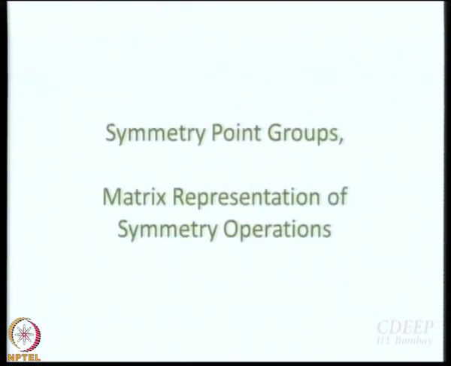What we'll do today is go back a little bit and discuss where we had stopped, and this time with models. Last time I forgot to bring the models. And then we move on a little bit. So today we talk about some symmetry groups. We learn how to identify symmetry point groups of molecules, no matter how complicated or how easy they are. And then we'll start talking about how you can use matrices to represent symmetry operations. And the next Friday when we come back, we will see how you can take that a little further.